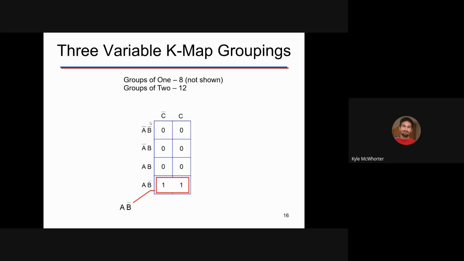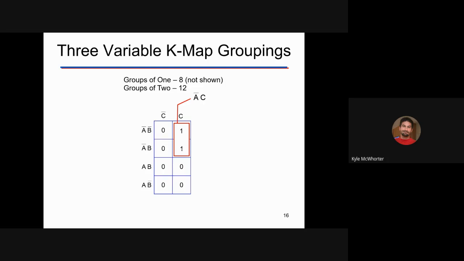Then we can have them lined up vertically. If they're lined up vertically like this, you still have to look at it, so we're going to have a not C. The not B and the B cancel each other out, but we have not A in both. So if these two are paired, then that simplifies as not A and not C. Only the B and not B cancel each other out. Similarly here,